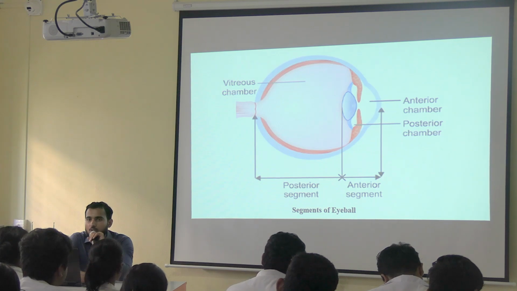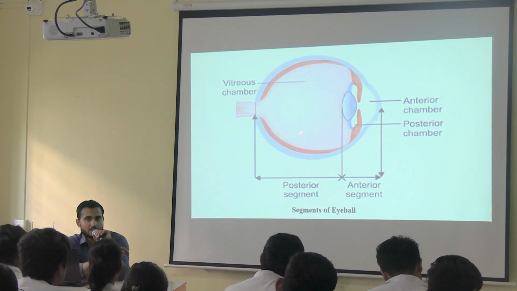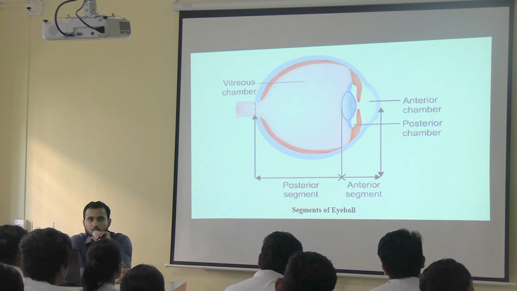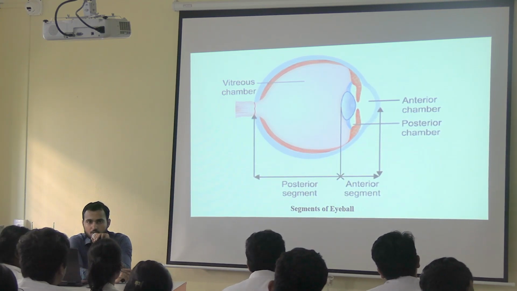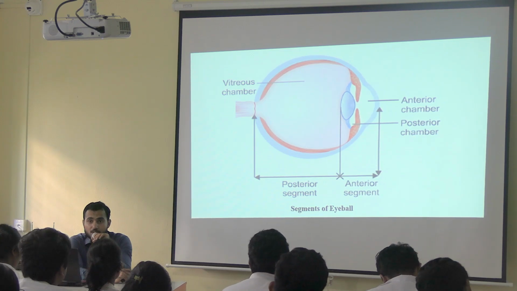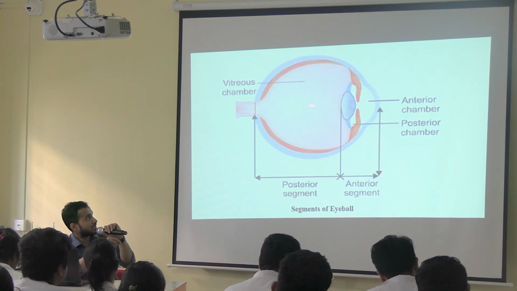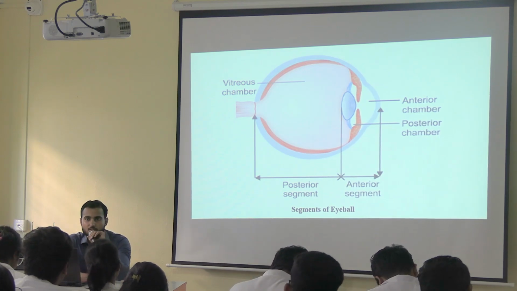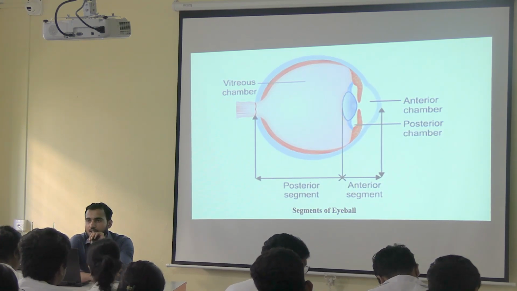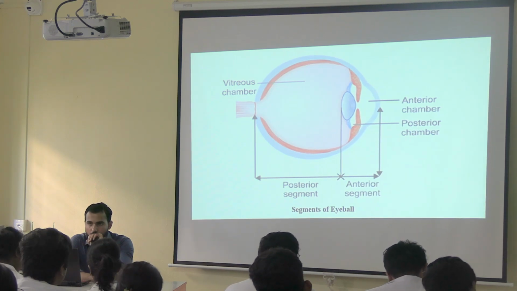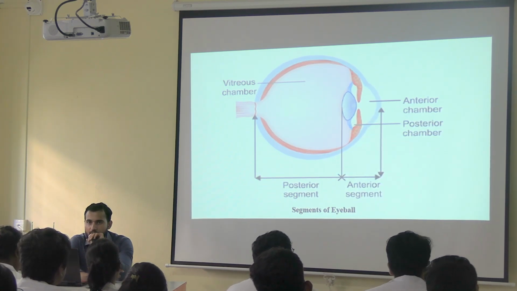Now, can anyone tell me what is present in the anterior segment and posterior segment? Yes, aqueous humor and vitreous body. Where does aqueous humor stay? In the anterior segment, mainly in the anterior chamber. The aqueous humor is present there, and here the vitreous body is present. So histologically